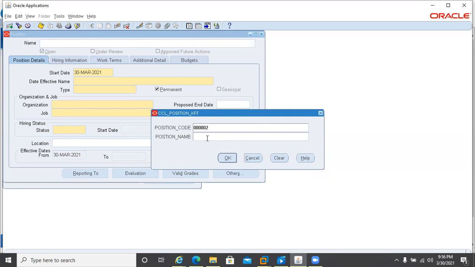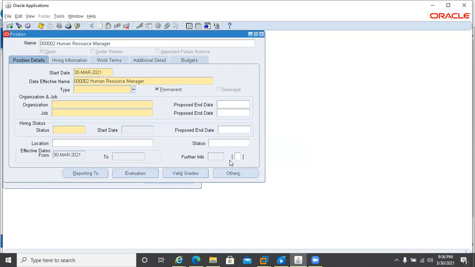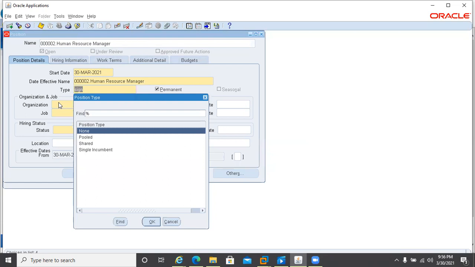And I will create the position human resource manager, position name manager. And once I click on that, the type I will select single incumbent.